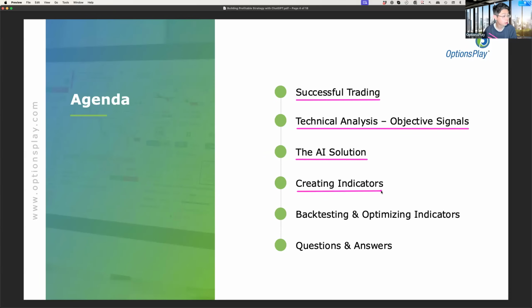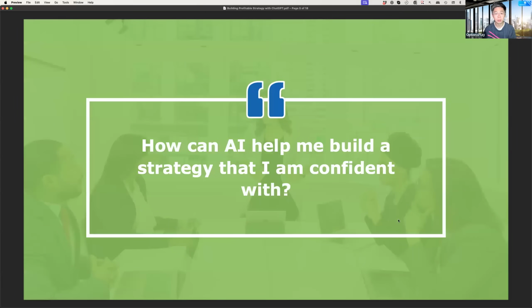So I'm going to show you how you can create a custom indicator using ChatGPT. We're going to go through some of the indicators that we use here at OptionsPlay. We're going to show you how to backtest and optimize these indicators so that you have more confidence in the actual performance of these indicators before we open this up for Q&A here at the very end. But the primary thing that I want you to be able to walk away from today's session is a clear understanding as to how AI can help me build a strategy that I am confident